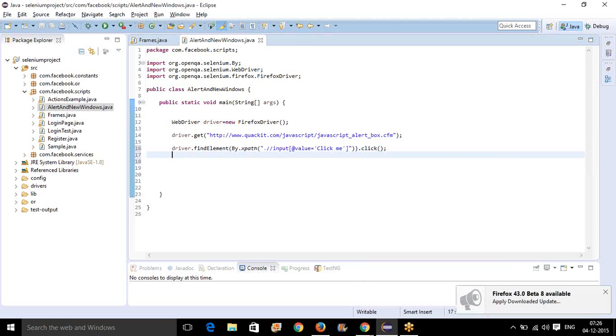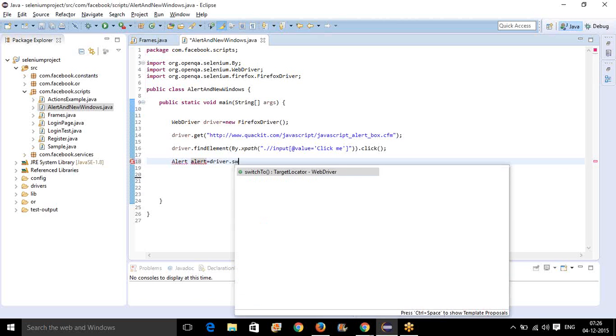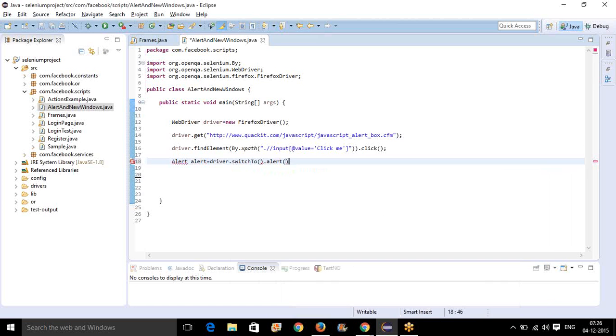Once you perform the click operation, you see a separate alert window opens. To handle the alert window, Selenium has given alert equal to driver dot switch to alert. We have to switch to the alert window first,